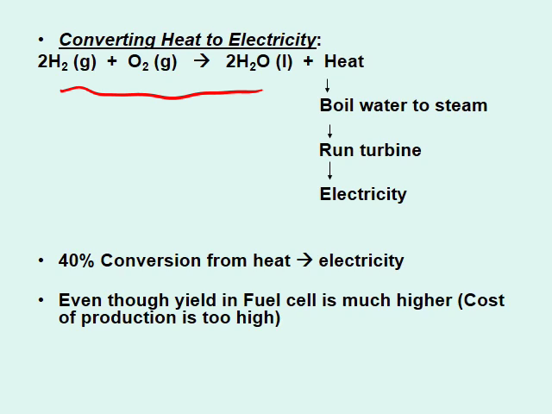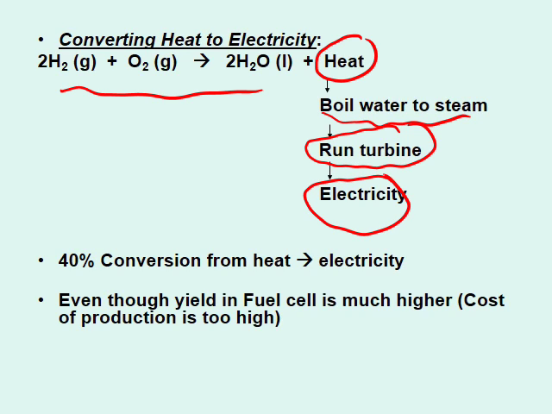Hydrogen and oxygen giving H2O is a highly exothermic reaction. It gives off heat. That heat could be used in boiling water to steam, and steam can run a turbine which rotates. You might have seen that in Niagara Falls, in which the waterfall can run the turbine and generate electricity. So in this particular process,